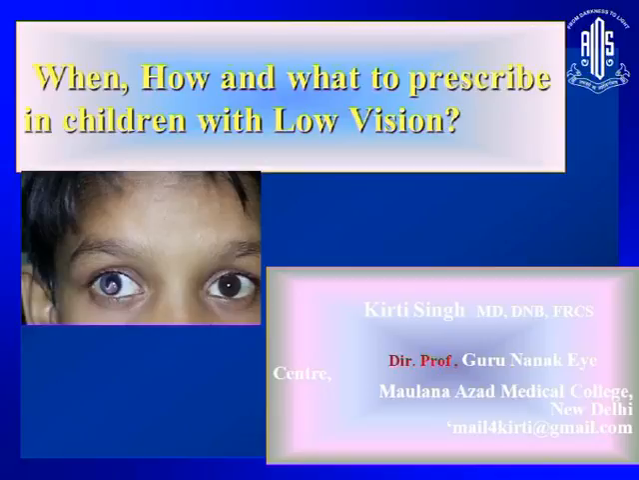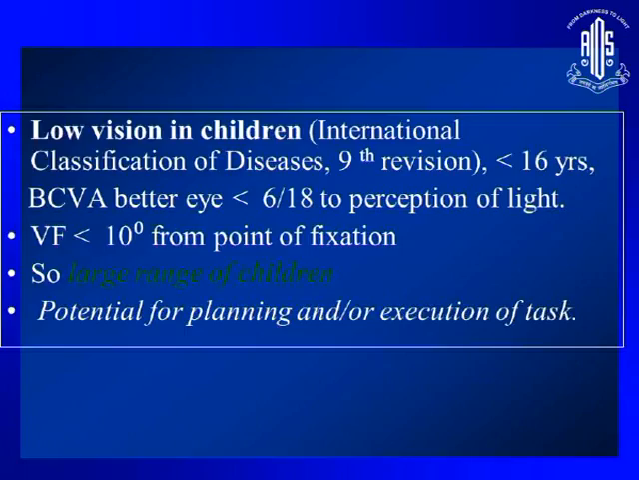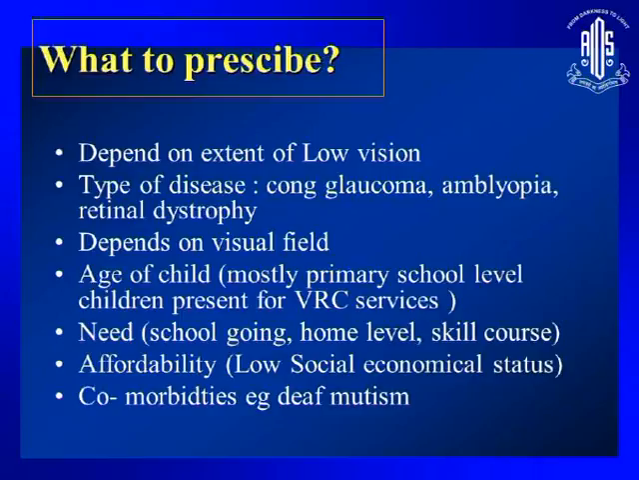Okay, I'll be just combining these two talks about what to prescribe to low vision children. And you all know the definition, that is vision worse than 6/18 to light perception. And what to prescribe particularly to children,